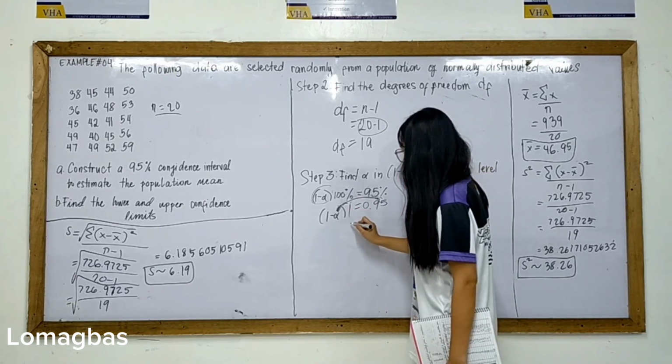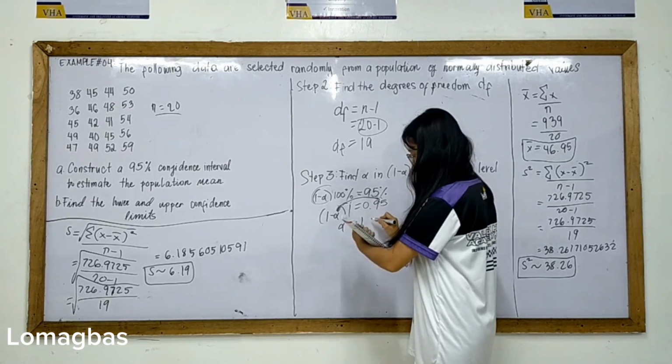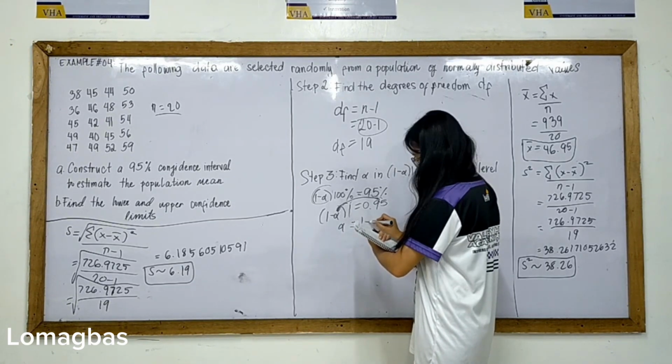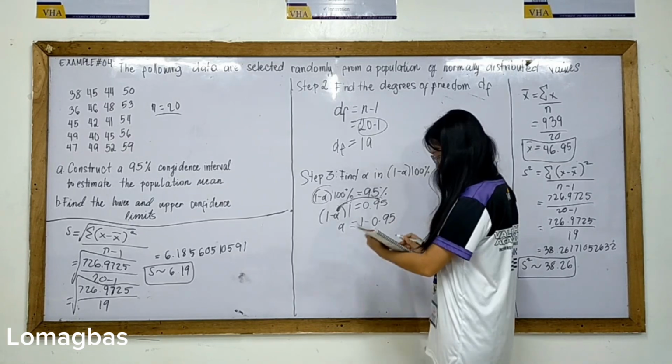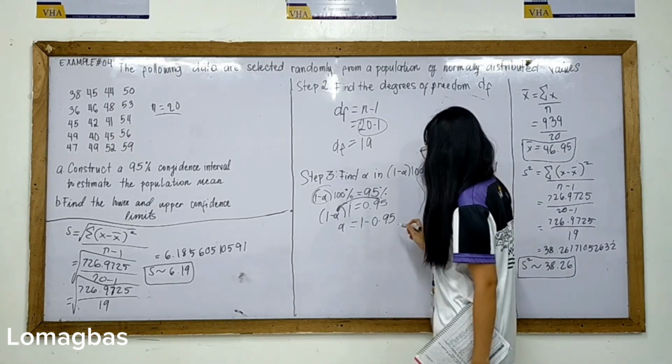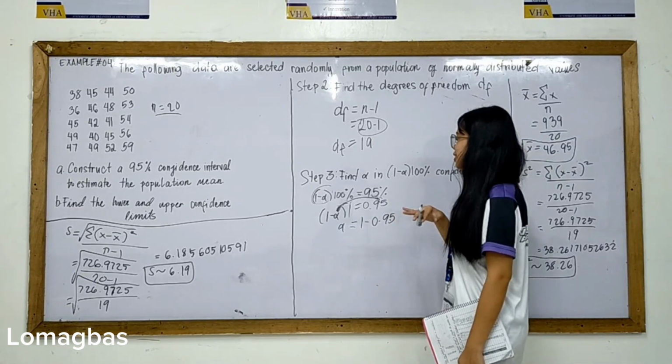So it will be alpha equals 1 minus 0.95. And we will divide